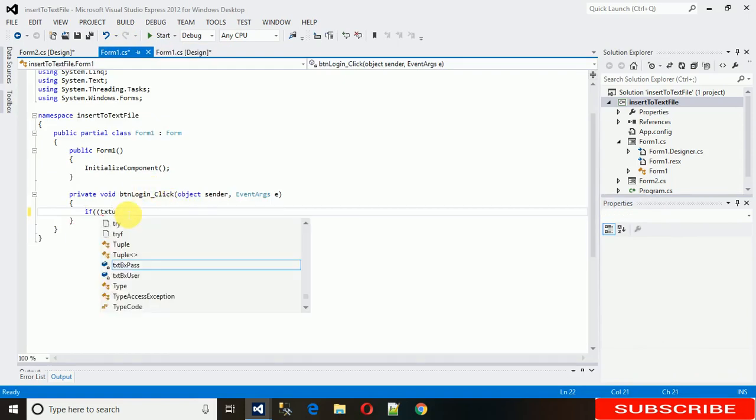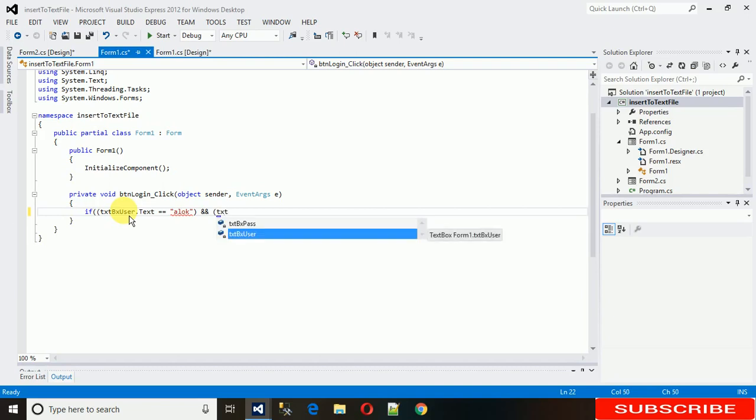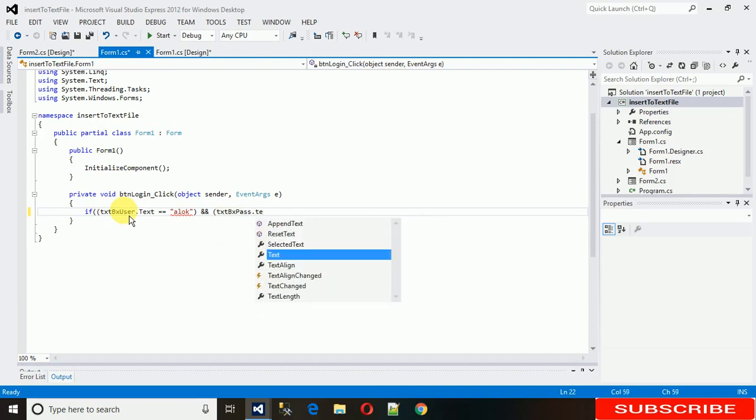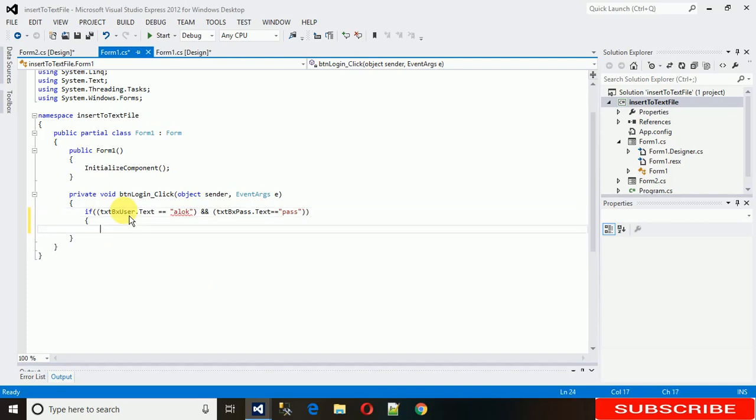txtuser.text is equal to, I'm just keeping something, hello, some name like Alok. I am going to type Alok. If the user enters this Alok and in the password text box, password.text is equal to pass, then what we need to do is,